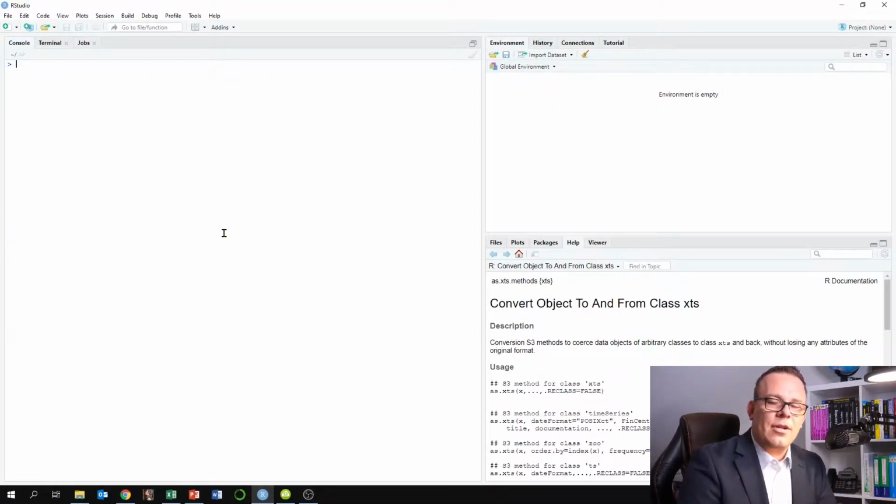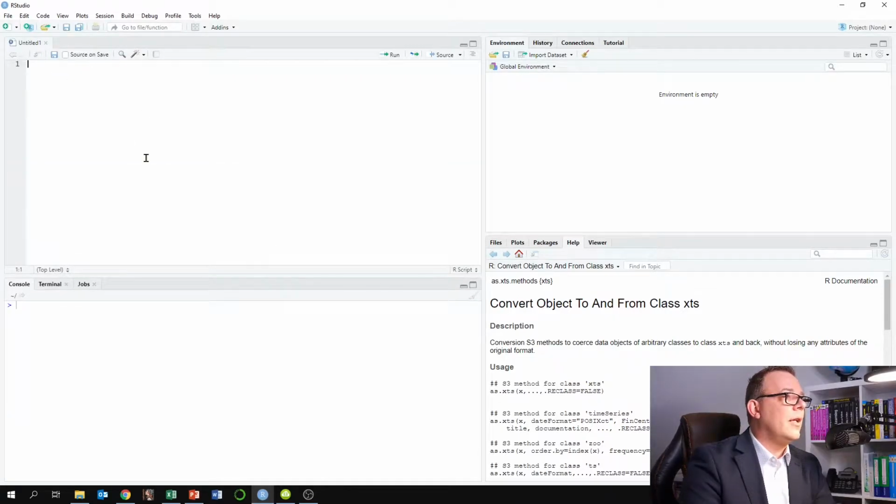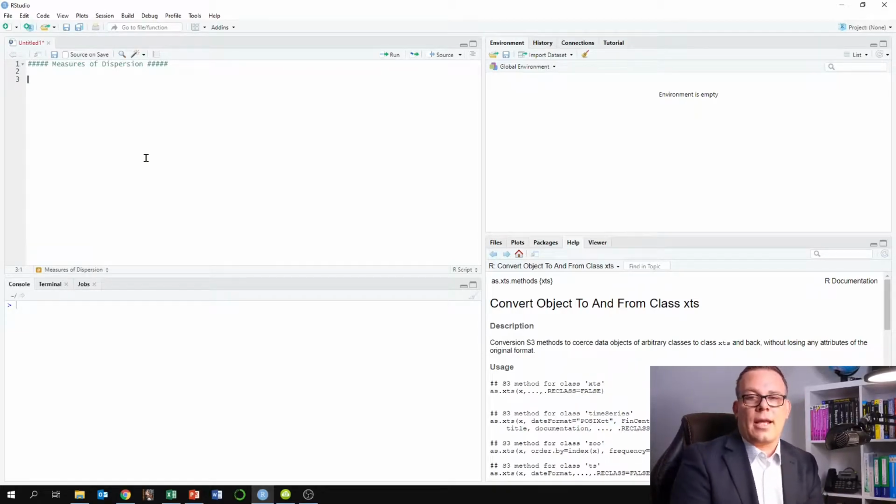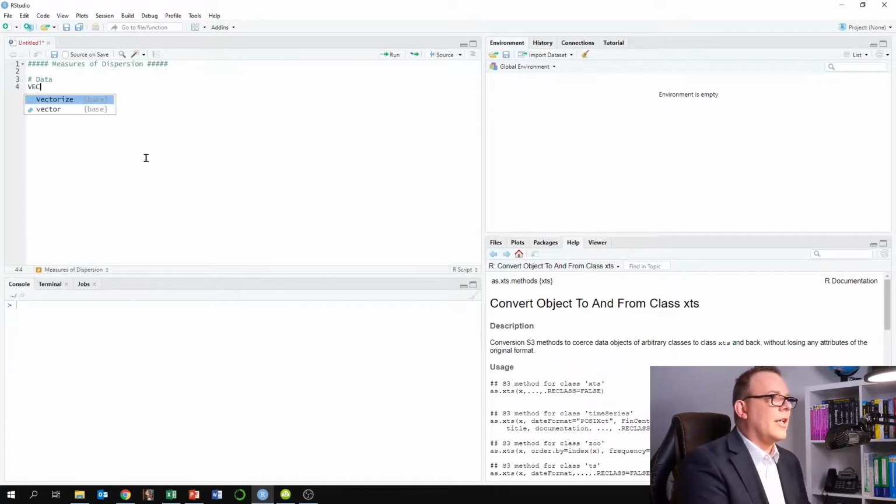Okay, I've just arrived in our studio, and the first thing I always do is to open a new script file and to give it a beautiful headline. 1, 2, 3, 4, 5 hashtags, measures of dispersion. And of course the first thing that we need is some data. I manually input the data here. I give it the name vector income, so we all know what that is. And I assign a vector to it using the c command, which stands for combine. Combining a vector, we have